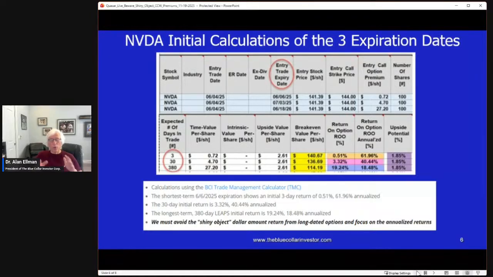However, you will take note here that in a 3-day trade, as NVIDIA is going up in value, you can, after 3 days, enter your next short-dated trade and raise that strike. So the amount of additional appreciation on the stock side can be dramatically, exponentially greater than if you're accepting a potential 1.85%, 380-day potential share appreciation. So not only are your returns much greater from an annualized perspective using shorter dated options,